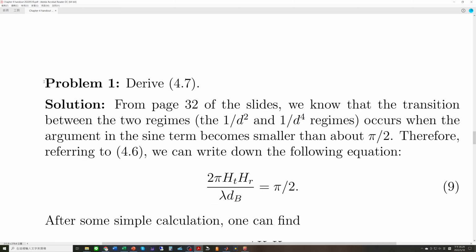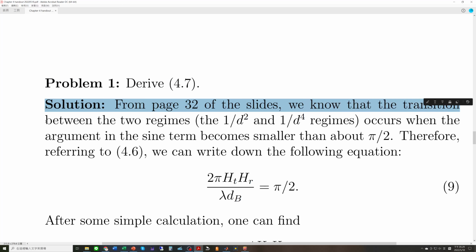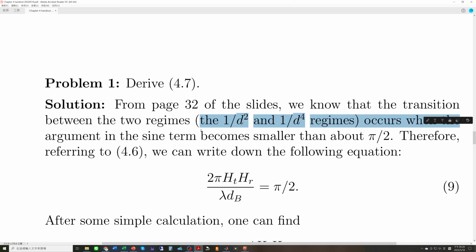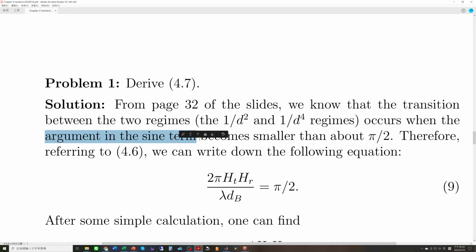Problem 1. Derive equation 4.7. Solution from page 32 of the slides. We know that the transition between the two regions, the 1 over d squared and 1 over d to the power of 4 regions, occurs when the argument in the sine term becomes smaller than about pi over 2. Therefore,